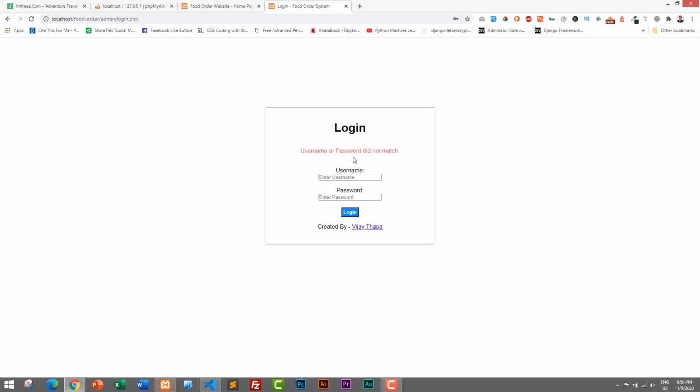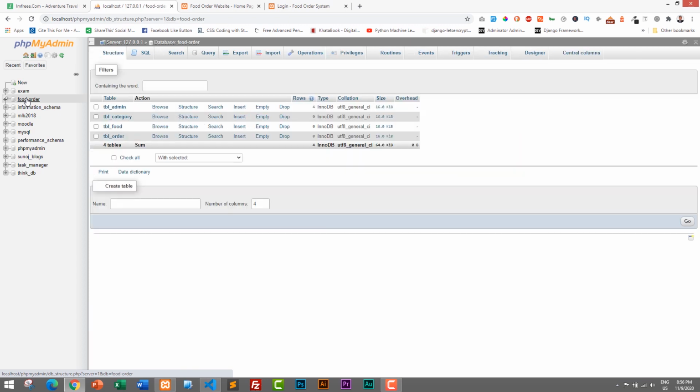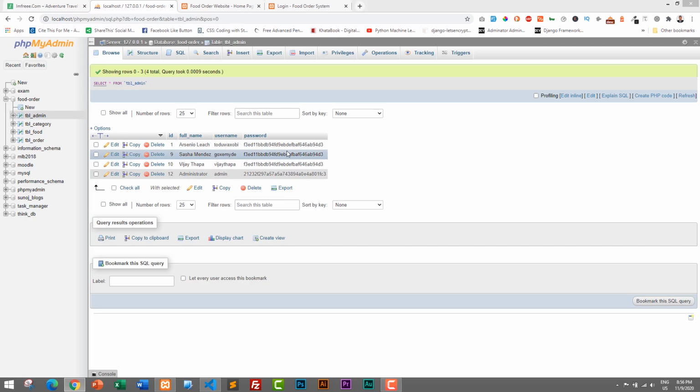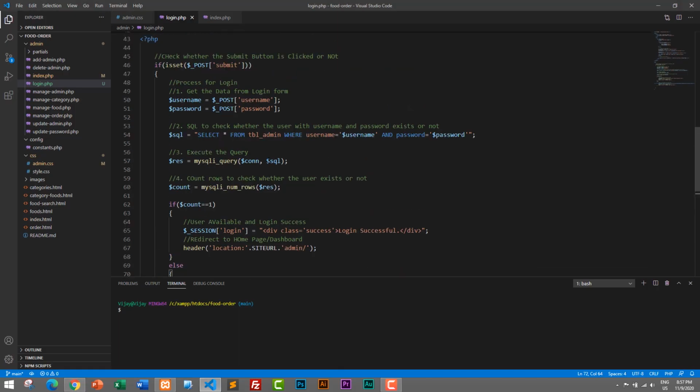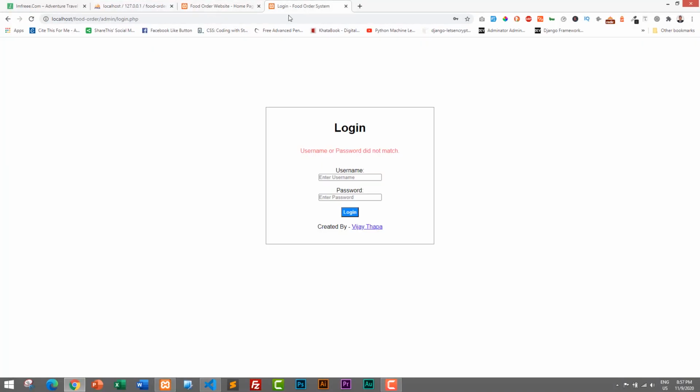Oh, I forgot to mention that our password in database. So if we look at the database in tbl_admin, our password is encrypted, right? And if we go back to our login page, and if we see the password, our login is not encrypted. So here we need to encrypt our password as well, and to encrypt we are using MD5. Okay, MD5, open a small bracket and close the small bracket and save it, Control and S, and let's go back. Let's refresh the login page,